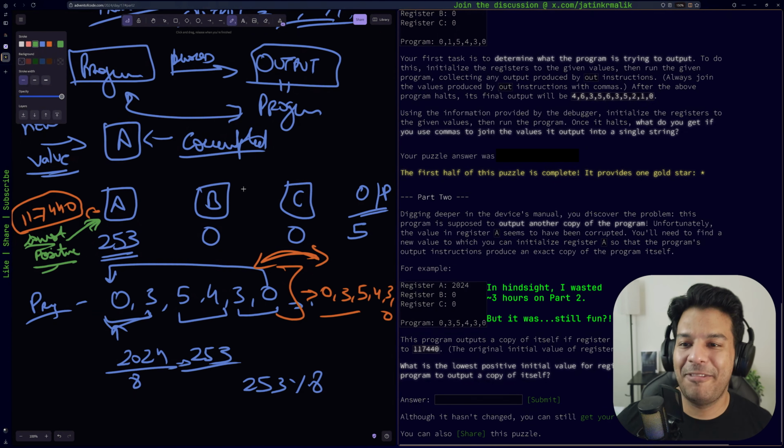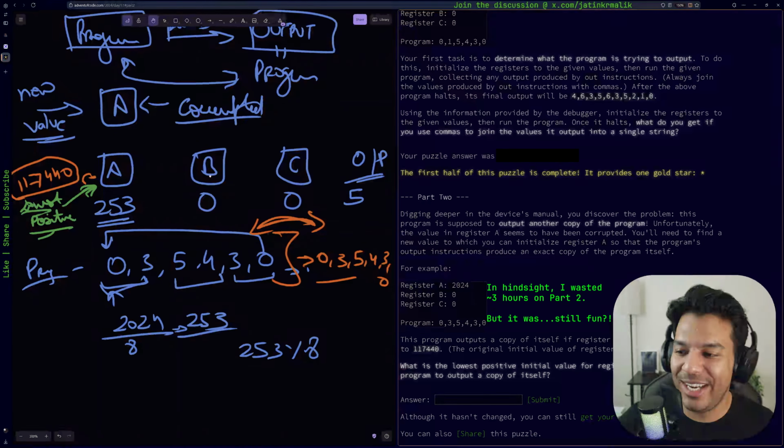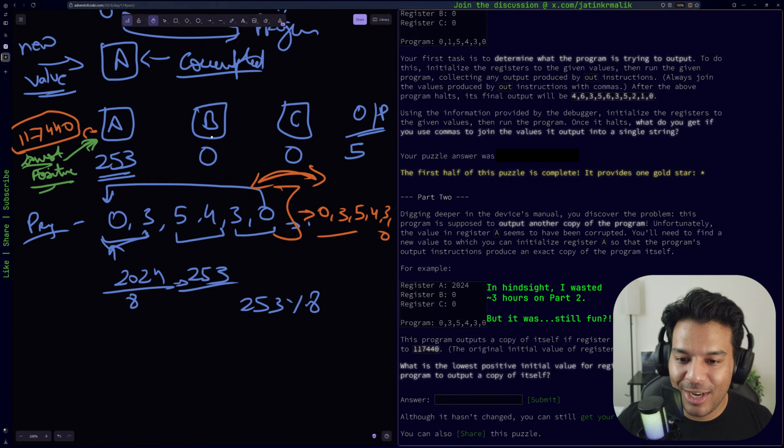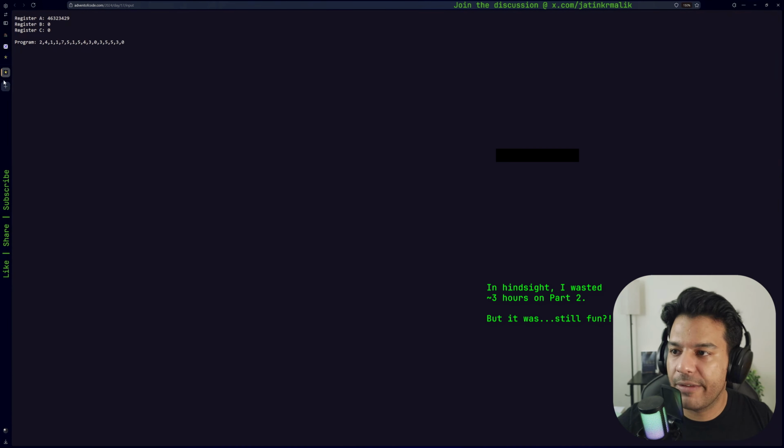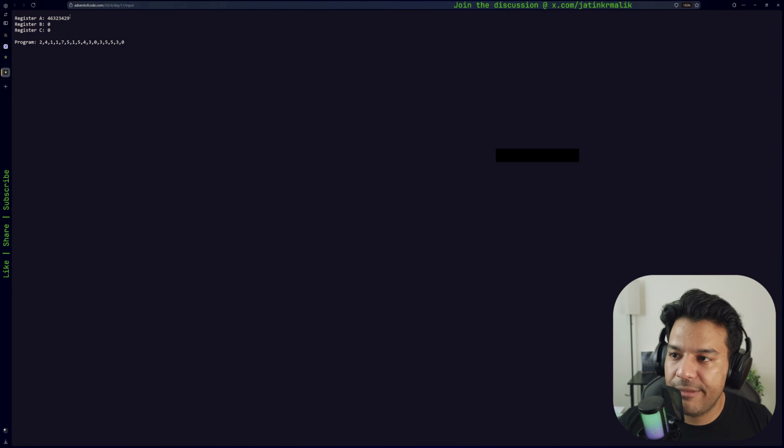So this is a very interesting question. I absolutely love it. I think the question is clear. Looking at our puzzle input, which was given here, we have to modify the value of A in such a way that when we run this program, it outputs a copy of itself. So we should get back the same